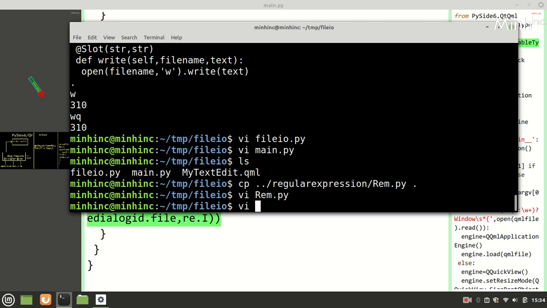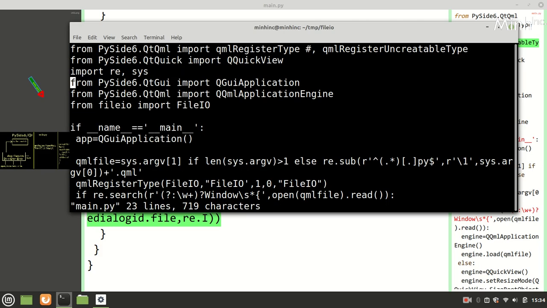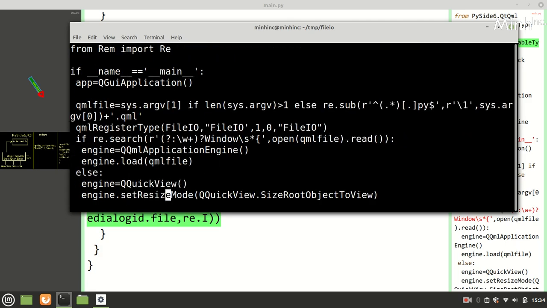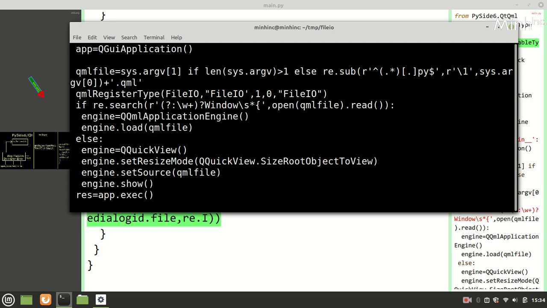Okay, so in main.py, here we have to call rem, import re, and here we have to set context properties before set source.